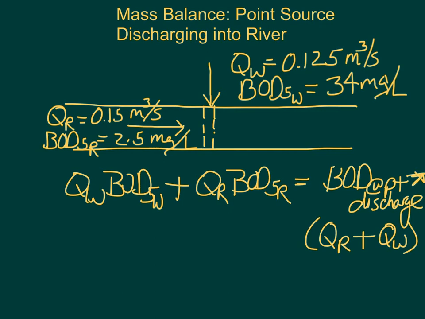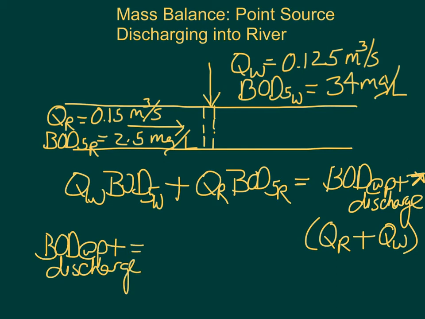If we look at this equation, we can see that we know all the quantities except the BOD at the point of discharge. So we can plug in the values that we have and determine what this concentration is. So we would have that the BOD at the point of discharge is equal to 0.125 cubic meters per second times 34 milligrams per liter